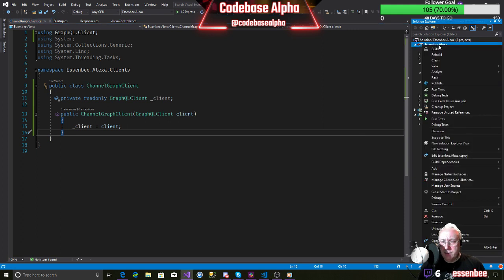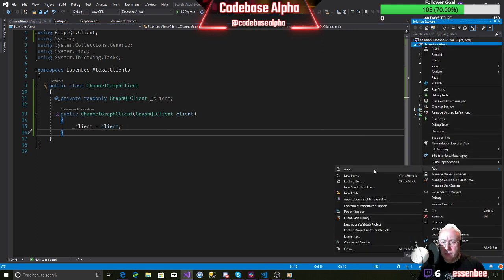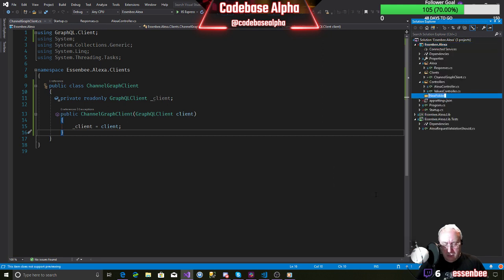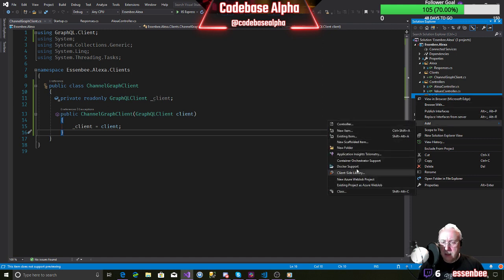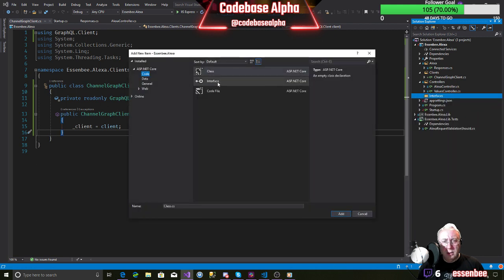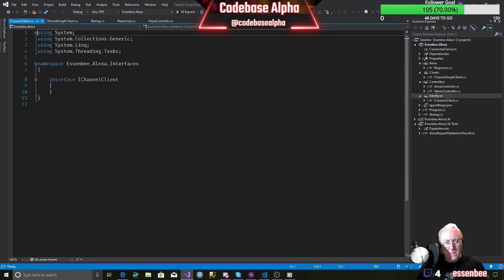Let's create another folder called interfaces. Okay, so we've got interfaces, and we're going to create an interface which is going to be our channel client interface. So we'll add a new item. It's going to be an interface, and it's going to be called IChannelClient. Okay, so we'll make that public,